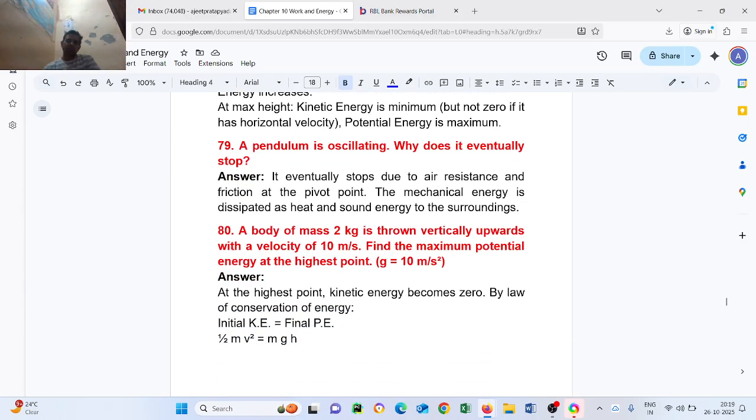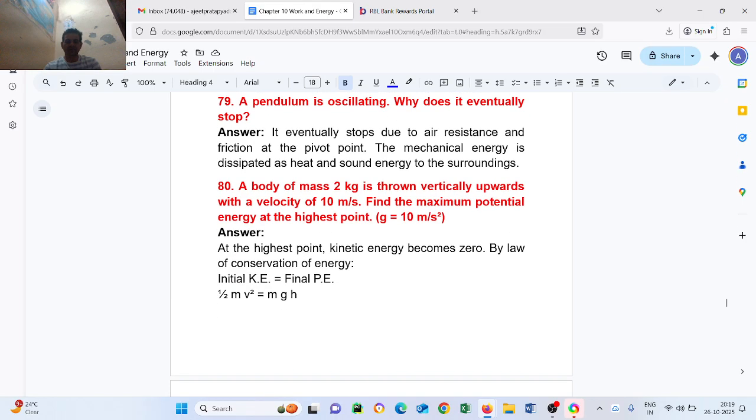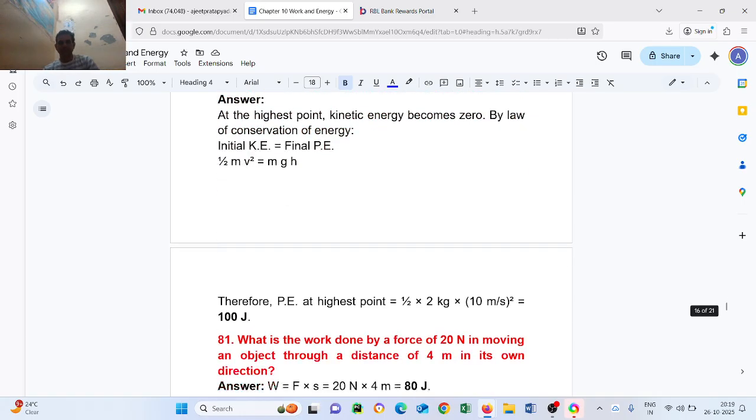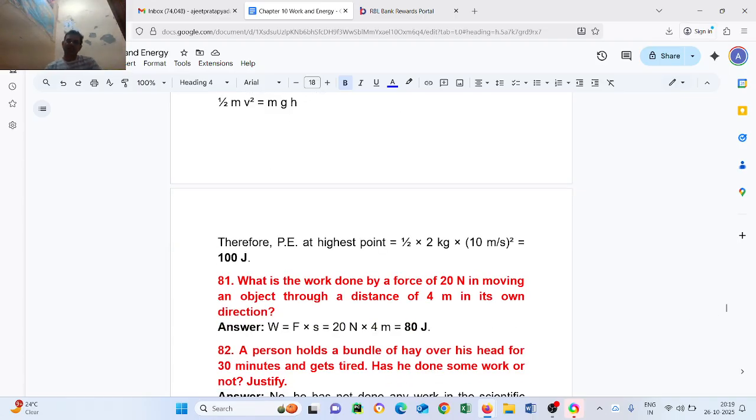Question number 80. A body of mass 2 kg is thrown vertically upward with a velocity of 10 meter per second. Find the maximum potential energy at the highest point, g equal to 10 meter per second square. Answer. At the highest point, kinetic energy becomes zero. By the law of conservation of energy, initial K equal to final P, half mv square equal to mgh. Therefore, PE at highest point equal to half multiplied by 2 kg multiplied by 10 meter per second square equal to 100